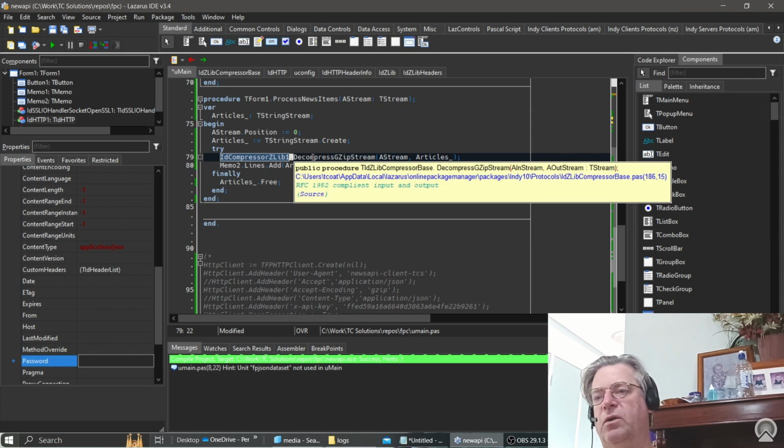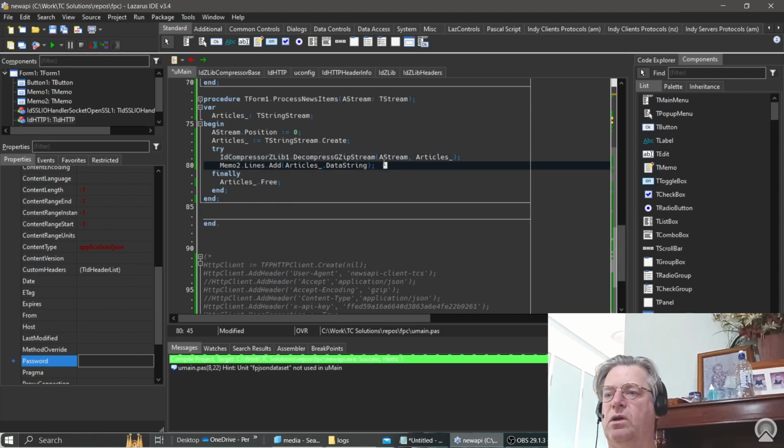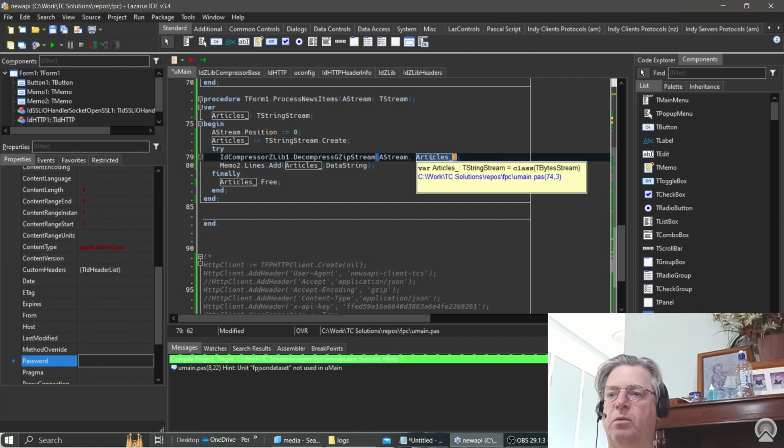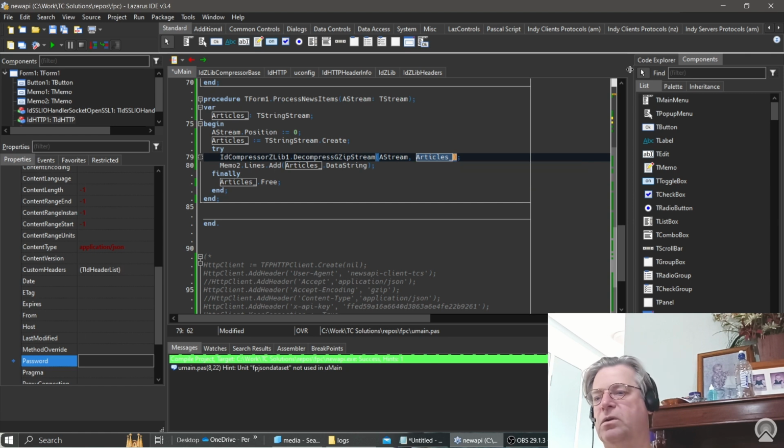So we're getting a GZip stream. We basically want to decompress this stream into this result here, and I'm calling it articles, and those articles will then appear in the second memo field. So if we now run it,